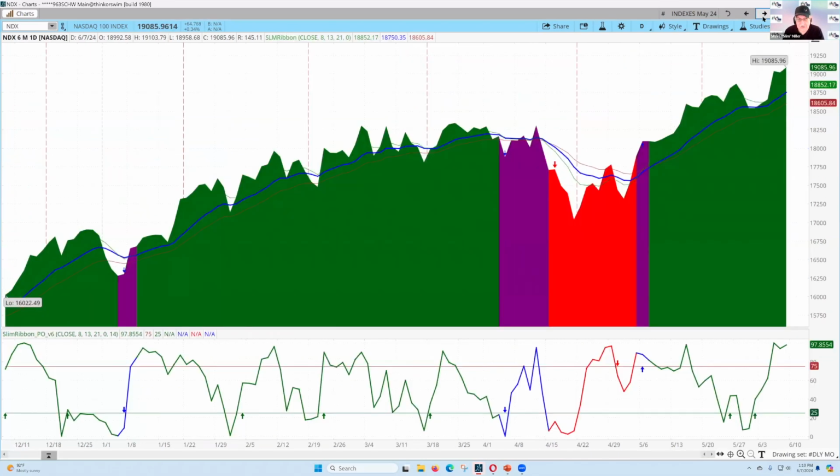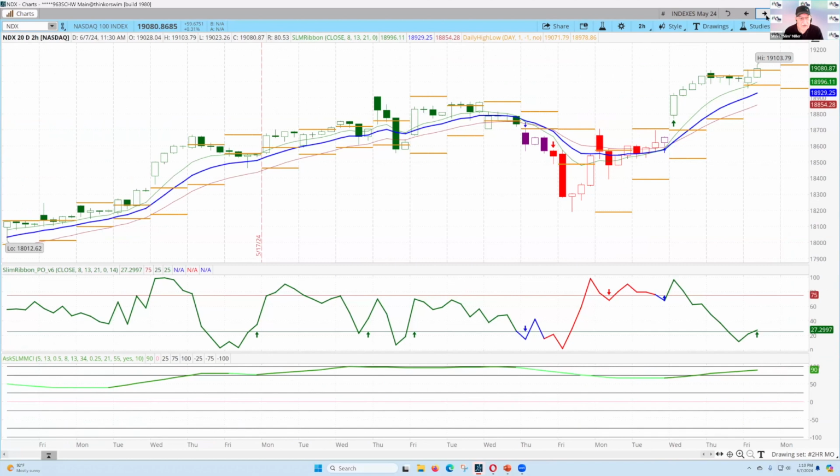Here is momentum. You're getting the same thing as you saw on the S&P 500. Two upside resumption signals right over there, and the slim ribbon is built in here on the area chart. We do it this way on this because it screams at you the momentum conditions as they exist. So again, the NASDAQ is positive. Here you see on the market condition indicator on the bottom that it is at 90. It hasn't been even close to that swing zone in a long time.